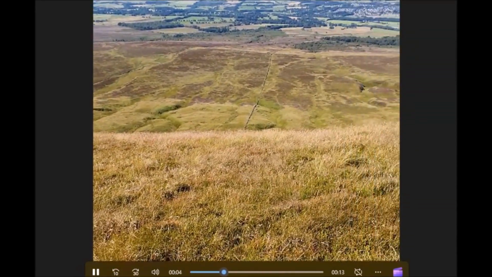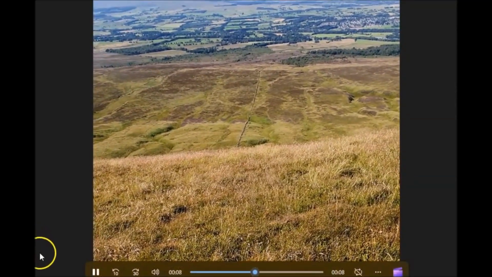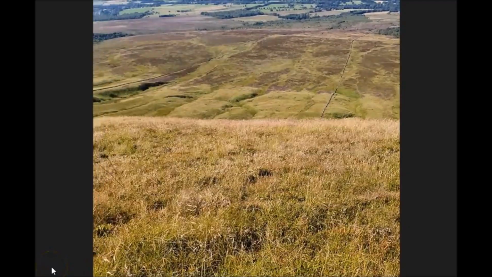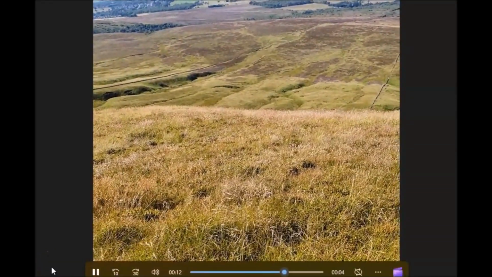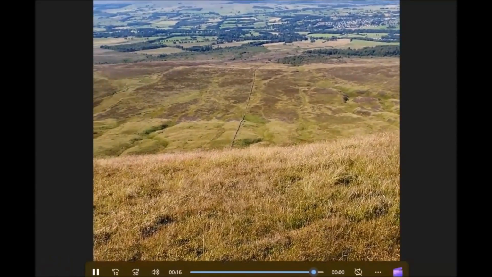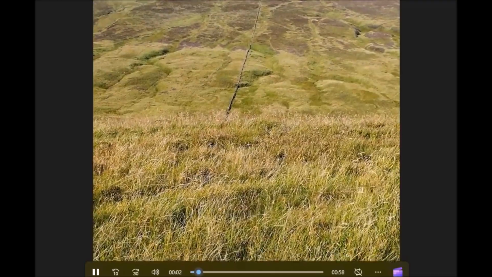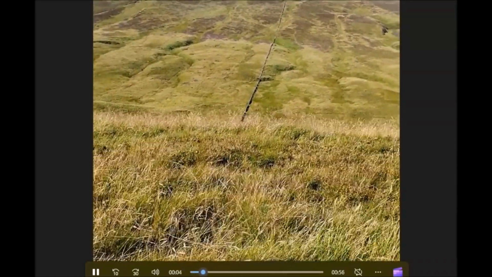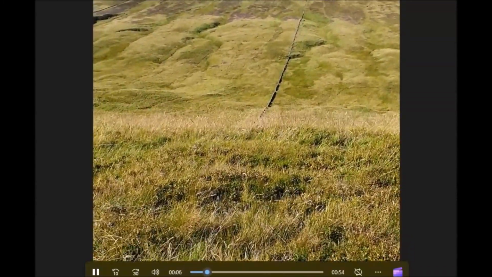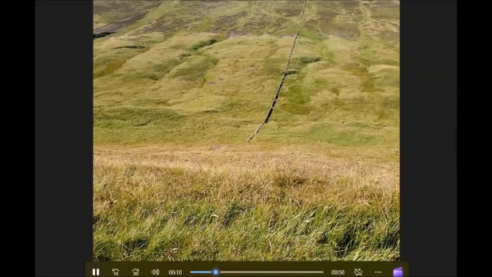Right, so this is the other dry stone wall, and I'll need to go closer to the edge. Right, so let's go take a walk down to the edge and see what this tries. Oh, look at that, that's shocking.